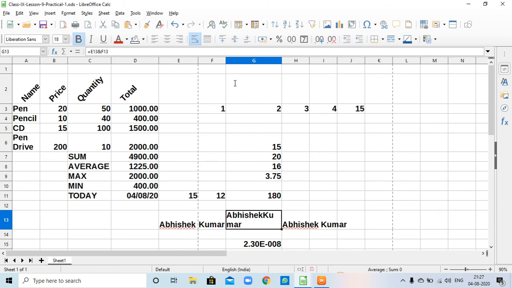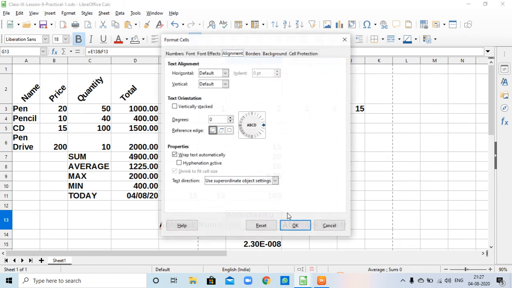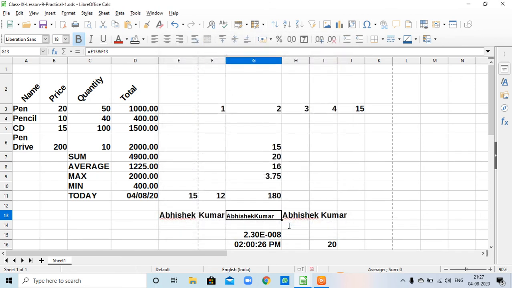So this is regarding shrinking text to a cell, like this.